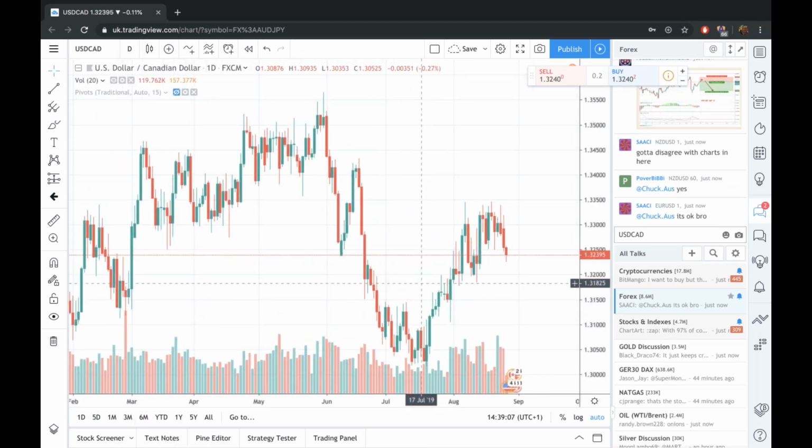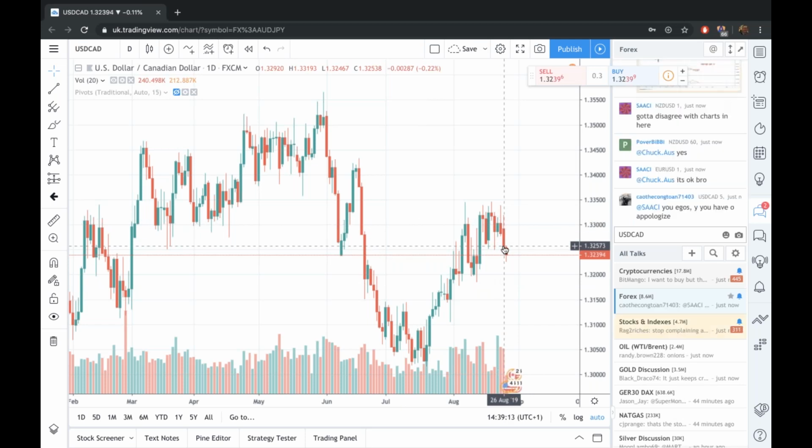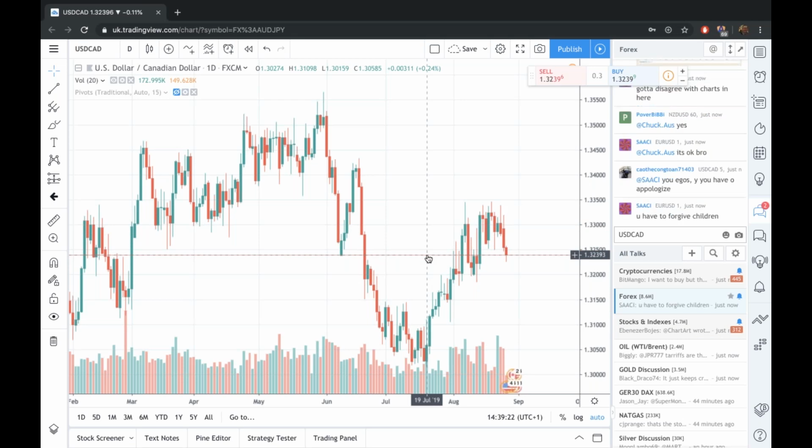Right, okay, so we can see that the US dollar Canadian dollar pair has just pulled away from that 1.3300 handle. Now we know whenever we're trading US dollar Canadian dollar, we need to be aware of oil, because there's like a 96% inverse correlation between the two. So oil at the moment is plus 0.75%. So there's some strength in oil, which means we'd like to see pressure on the US dollar Canadian dollar pair